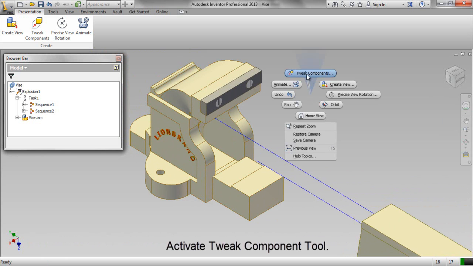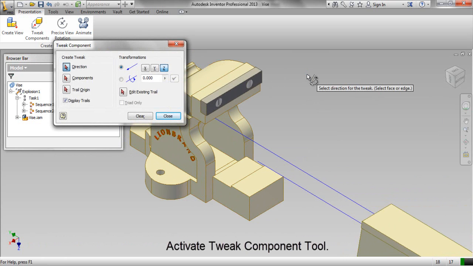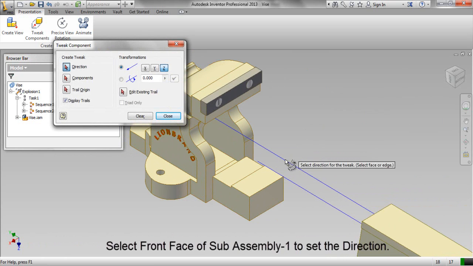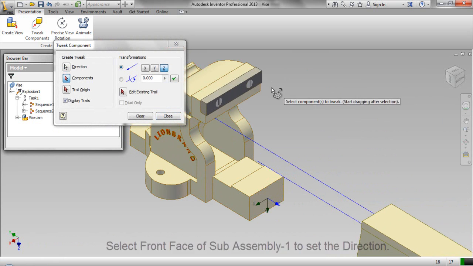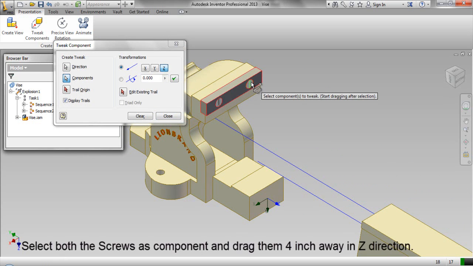Activate Tweak Component tool. Select front face of subassembly 1 to set the direction. Select both the screws as components and drag them 4 inch away in Z direction.